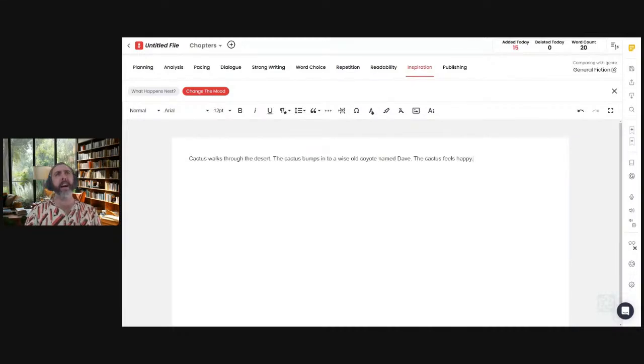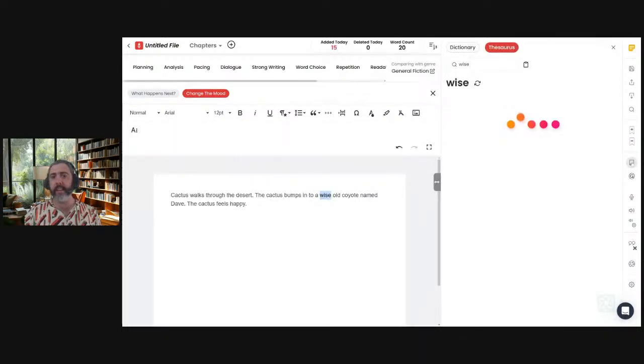What about if you get stuck on a word or something like that, and you're like, you know what, wise, I don't know about wise. I don't know if that's really the option I want. You can go over to the thesaurus, and this is actually a smart thesaurus. So it should look at the context of the sentence.